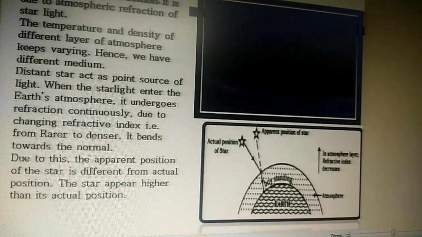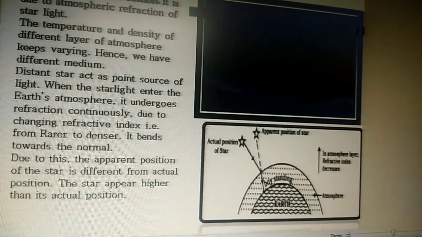Continuously it undergoes refraction at different layers due to different optical densities. So due to these multiple refractions from rarer to denser medium,